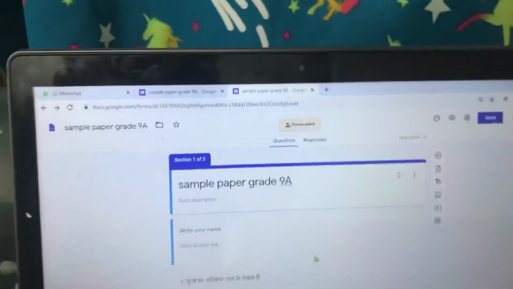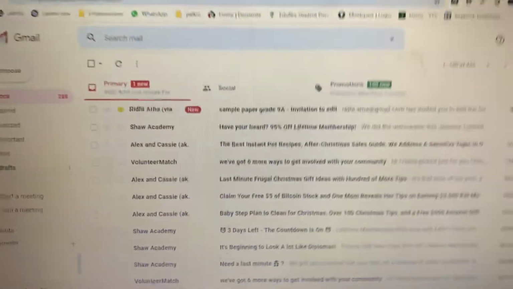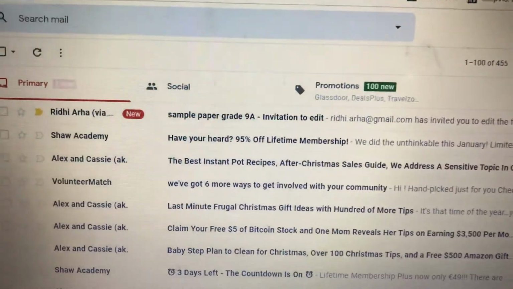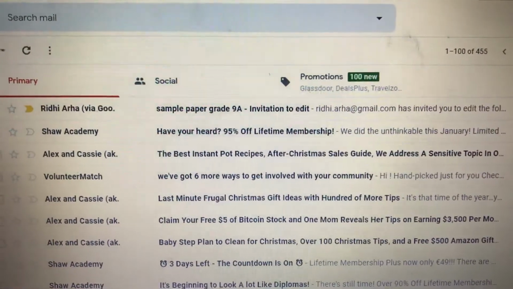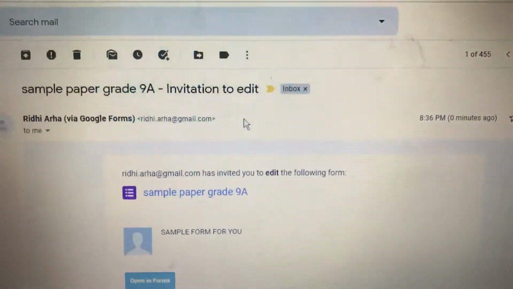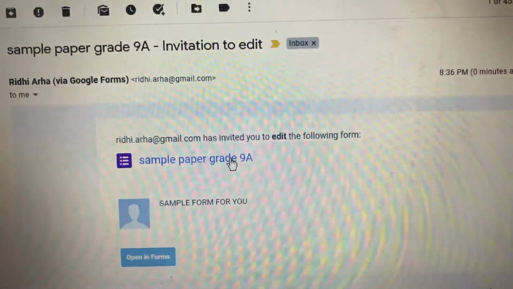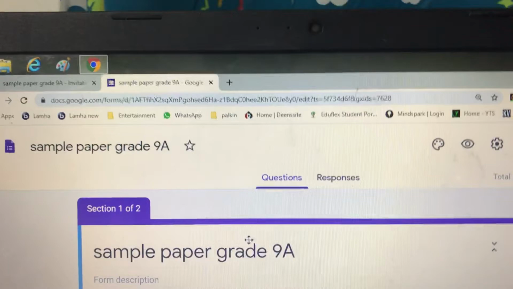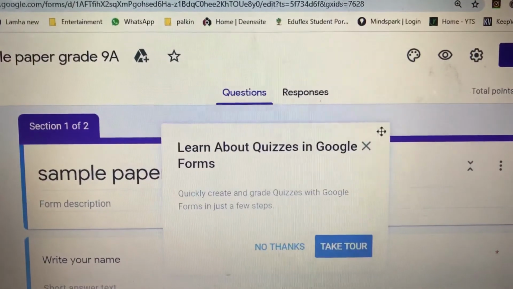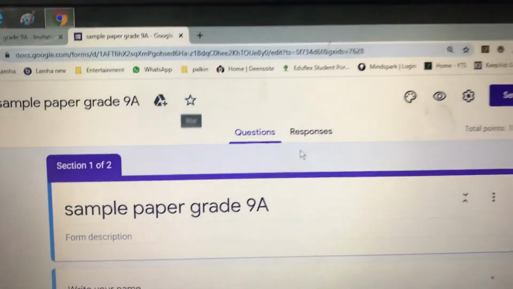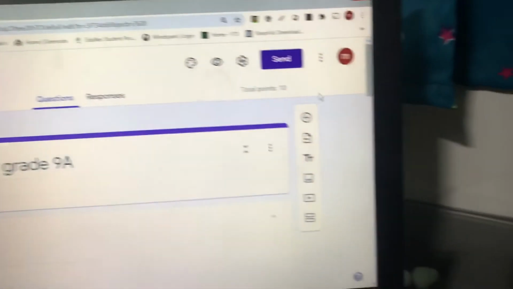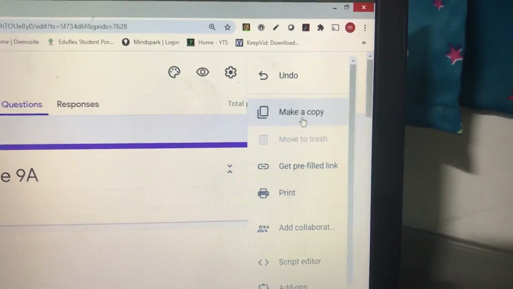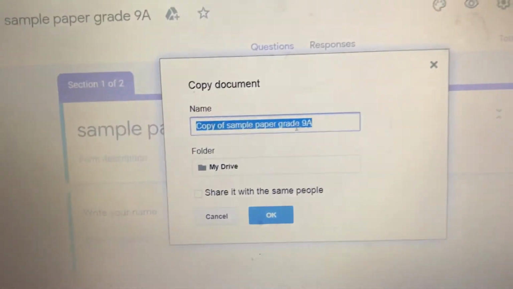Now the second teacher will receive a notification like this in his Gmail ID that some teacher has shared a form with him. So the second teacher will go to this email and click here so that it can open this form. Now he can see the form of 9A because you have shared your form with him. Now the second teacher will go to the same place, three dots, and make a copy,